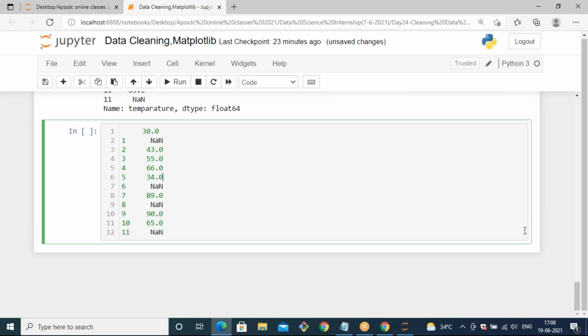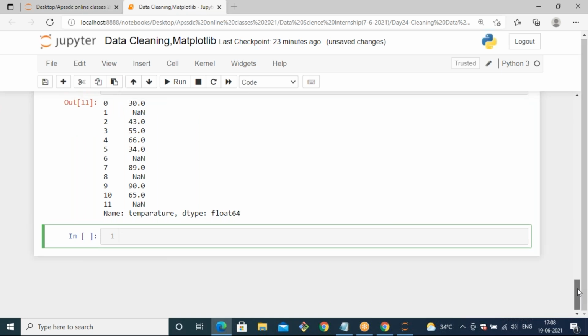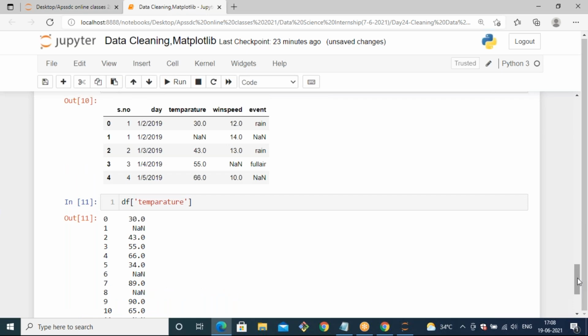So with respect to the temperature column, we are able to get the values. Now out of these values, we need to filter where the temperature should be greater than 55. So we need to apply some kind of condition, right? How to filter the temperature values where the temperature is greater than 55?